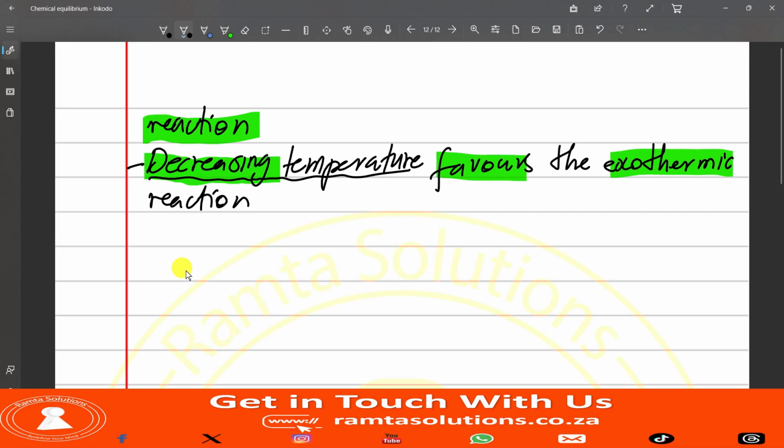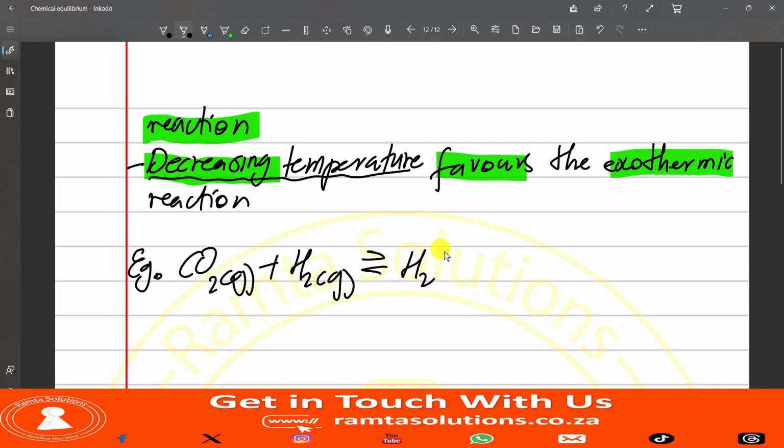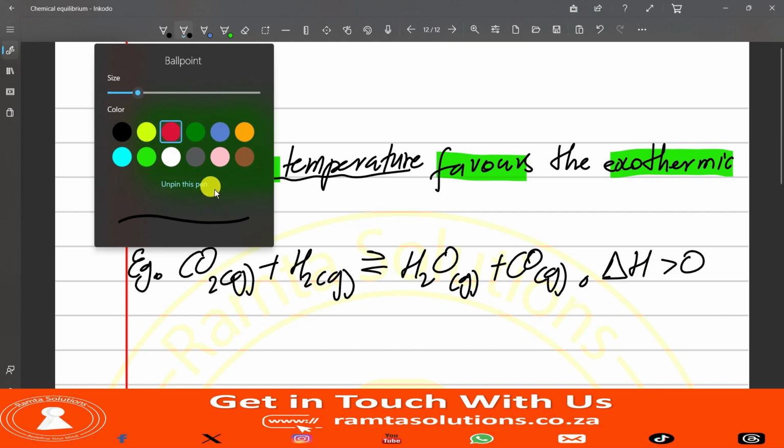Now we're going to use an example here. In that example, we're going to use carbon dioxide gas plus hydrogen gas, a reversible reaction of water vapor and carbon monoxide gas. This reaction is endothermic. Okay, this reaction is endothermic. So I advise whenever you come across such, you look at,